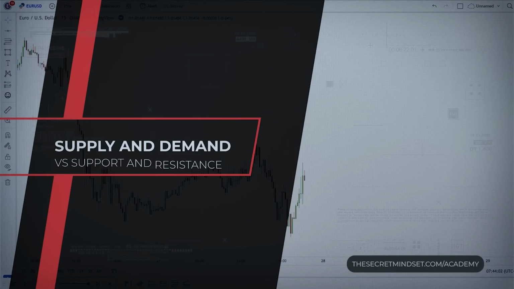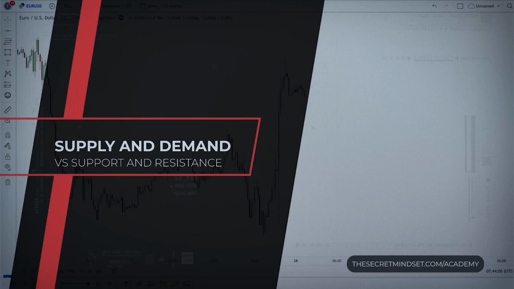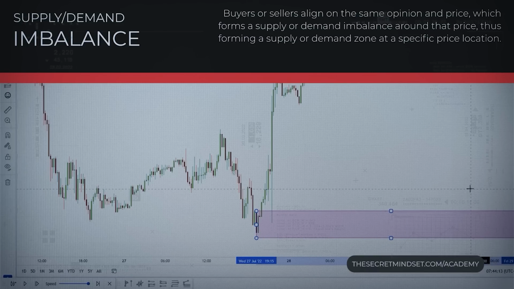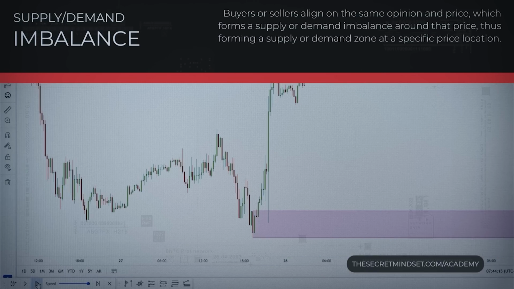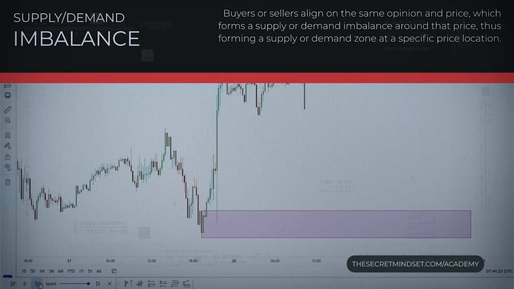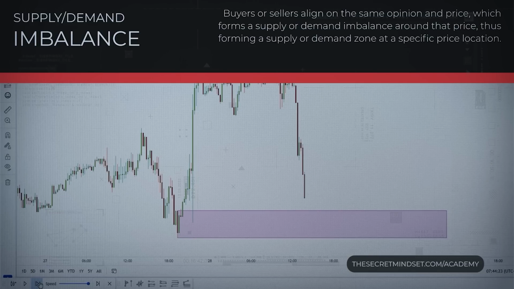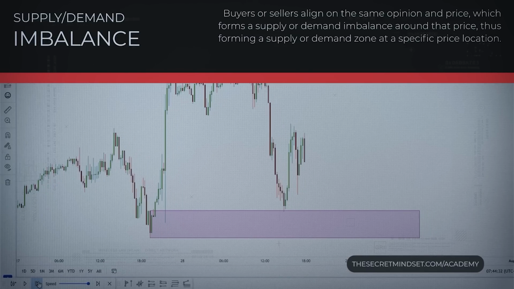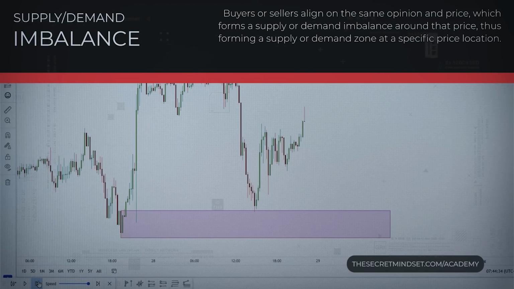Many traders get confused between the concepts of supply and demand and support and resistance. So let's start with the difference between those two concepts. Price movement is often an asymmetric process where many opinions exchange, creating chaotic behavior. Still, every so often, buyers or sellers align on the same opinion and price, which forms a supply or demand imbalance around that price,